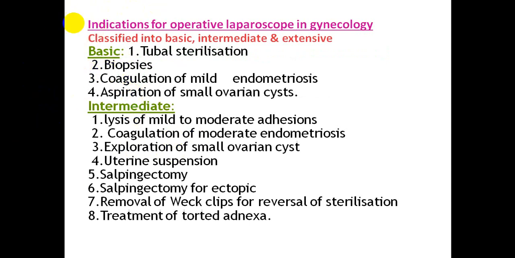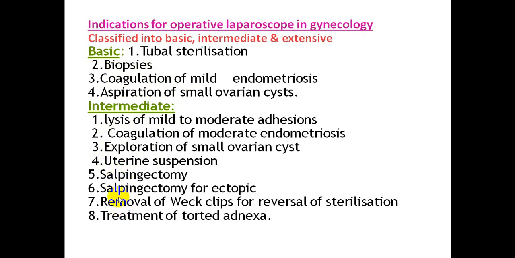Basic: tubal sterilization, commonly used for those with a complete family who need tubal ligation. This is better, with less stay in the hospital, less blood loss, and less wound infection. Also biopsy, coagulation of mild endometriosis, aspiration of small ovarian cysts. Intermediate: lysis of mild to moderate adhesions, coagulation of moderate endometriosis, aspiration of small ovarian cysts, uterine suspension,